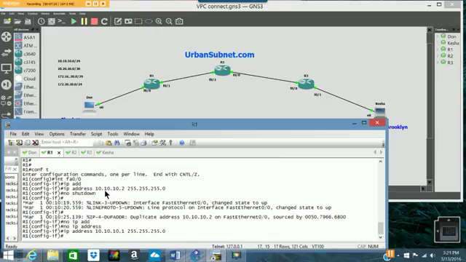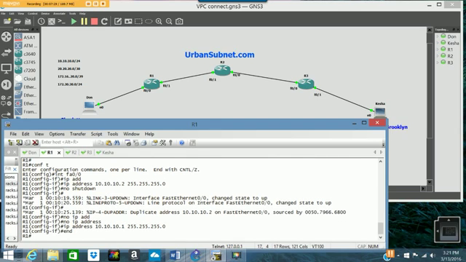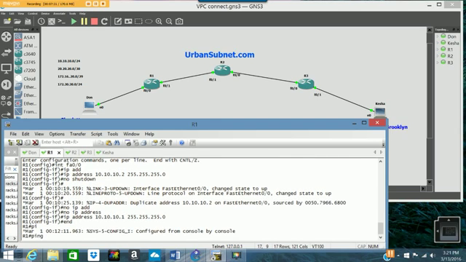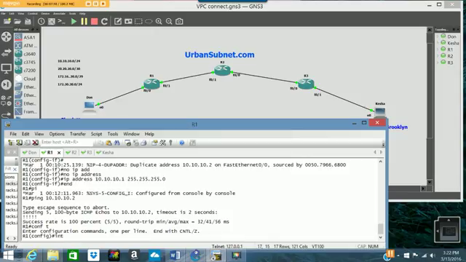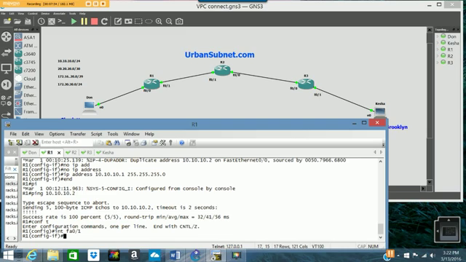So now that we have that done, we have the connection between the two of those. We're going to come out of here and we're going to ping the other end, 10.10.10.2, and everything looks good. So now we have another connection that we're going to form from R1 to R2. So this interface here, FA0/1, we're going to go into that, FA0/1, and we're going to put IP address